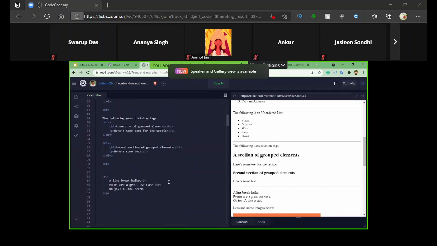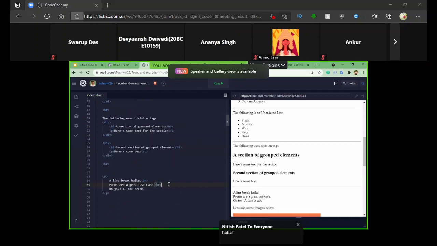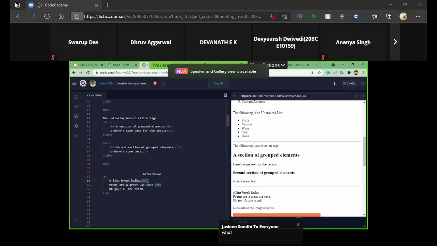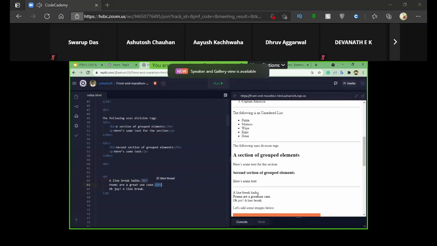But in HTML, whenever you want to break the sentence and move on to the next one, like here, we have to declare a tag called break tag. This break tag is another self-closing tag. Inside this paragraph, I use two break tags called BR. These tags will break this sentence and move on to the next line.